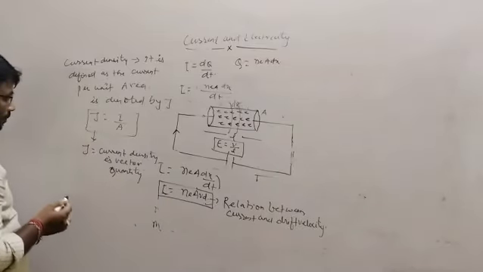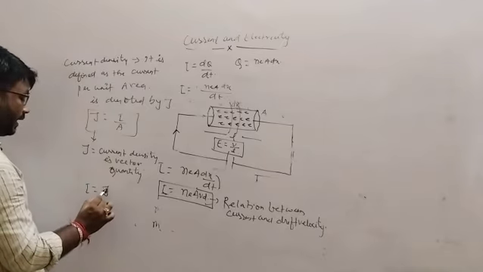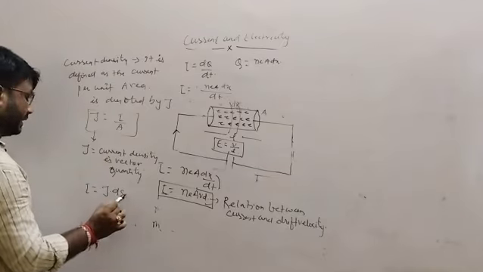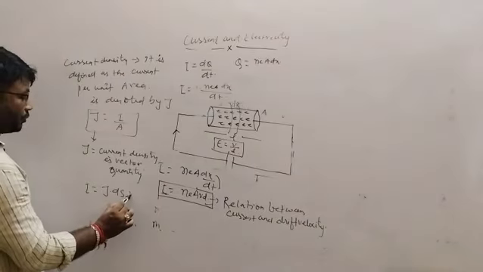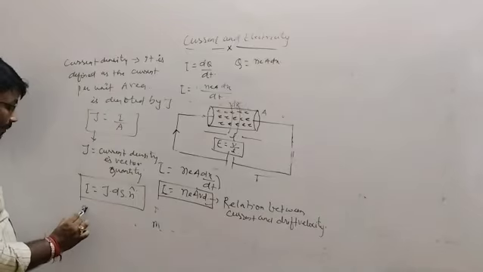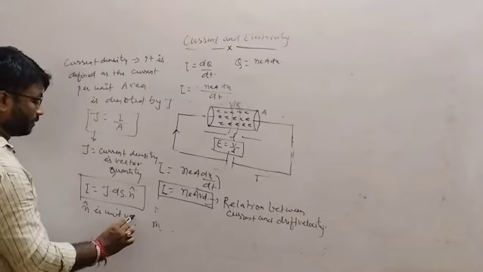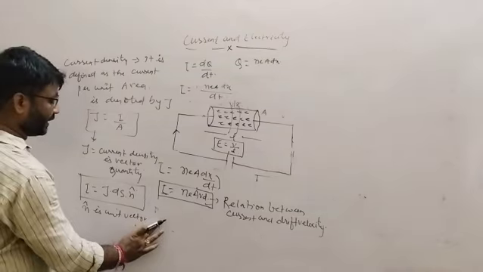In differential form, we write I equal to J dot dS into n cap, where n cap is the unit vector which indicates the